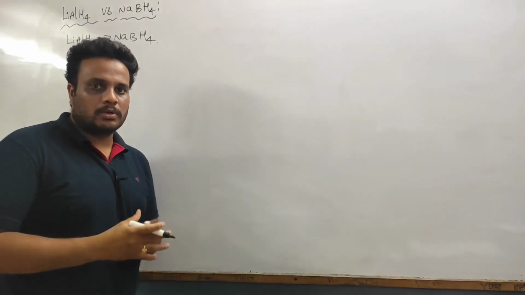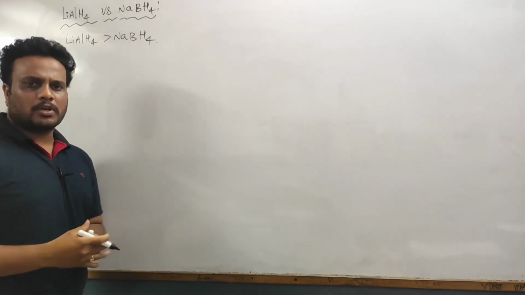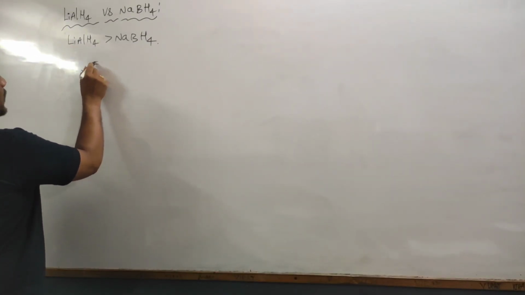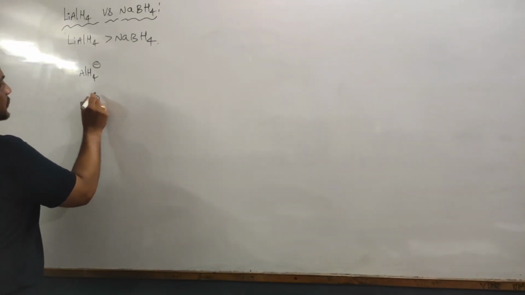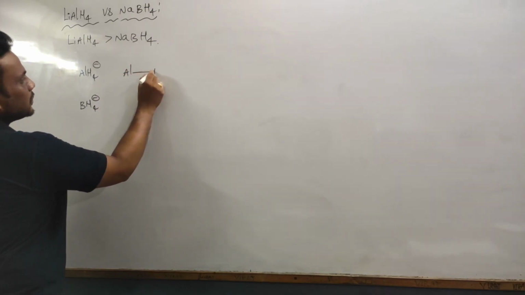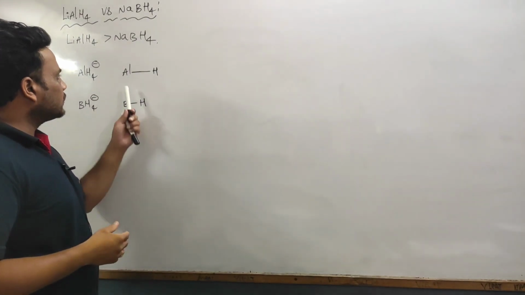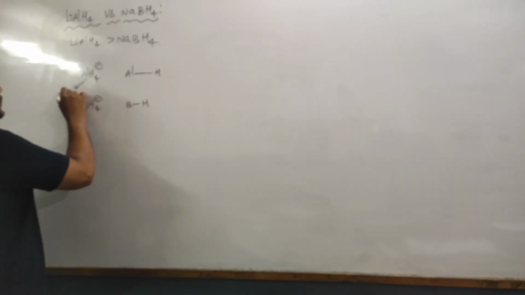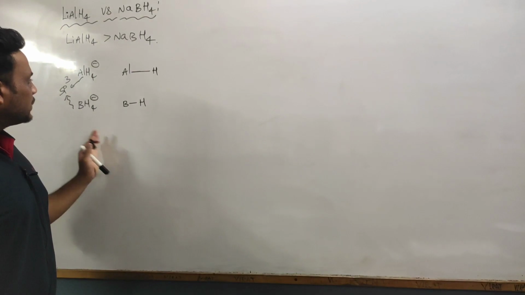Generally, we have never asked about the reasons for the stronger reducing behavior between these two. But when we talk about the reason, we know that in lithium aluminium hydride, AlH4 minus is a hydride ion donor, and so is BH4 minus. So the aluminium hydrogen bond is like this, and the boron hydrogen bond is like this. It is clear that the Al-H bond is longer and the B-H bond is shorter. Although in both species aluminium and boron are sp3 hybridized,